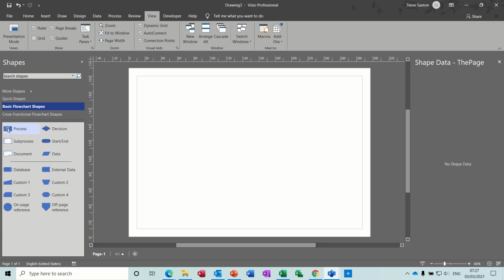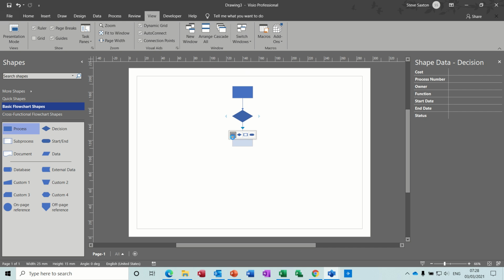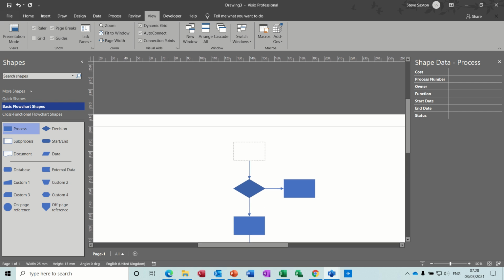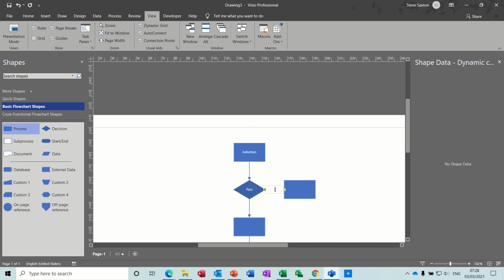So flowchart, Control N I just did there. So there's my first process. Very quickly, decision, and process, another process, decision, and process. And then coming out of these, each one of these will have a process. So let's say this is induction, so we pass induction, no, and yes, coming down. So this is going to be finance,